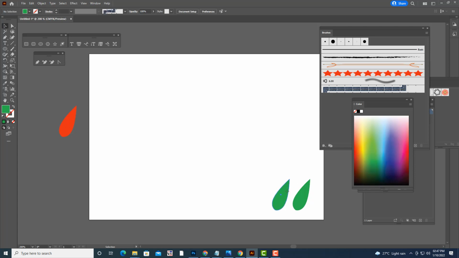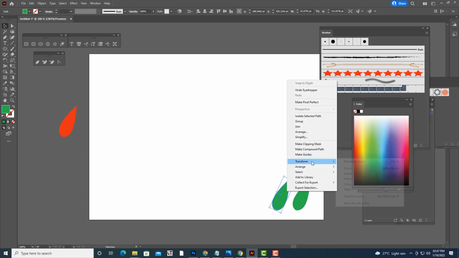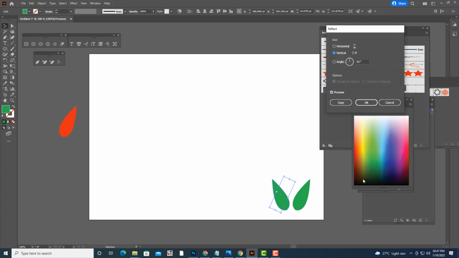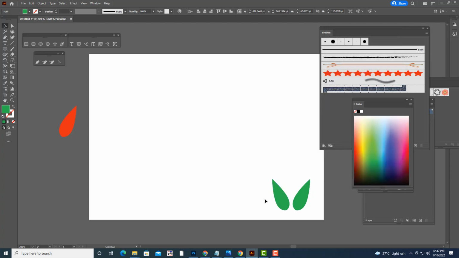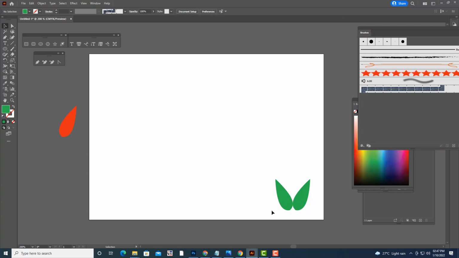Then I will just right click, reflect. So we can slightly rotate it.